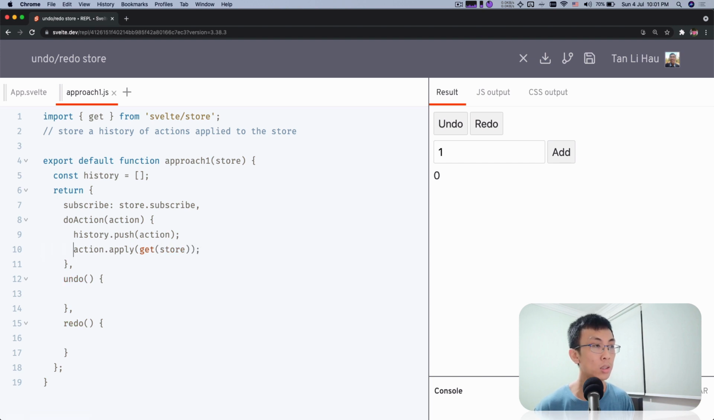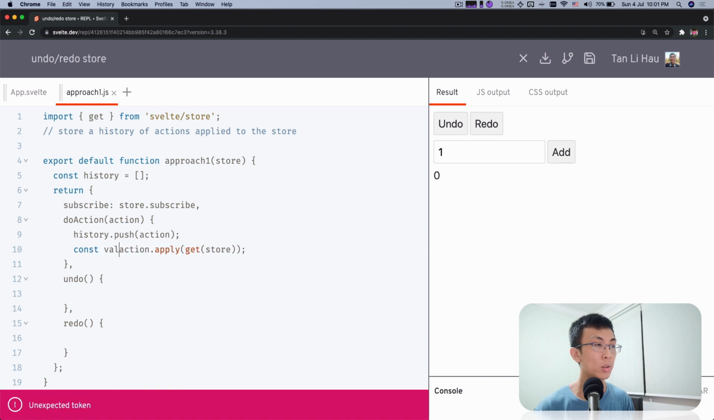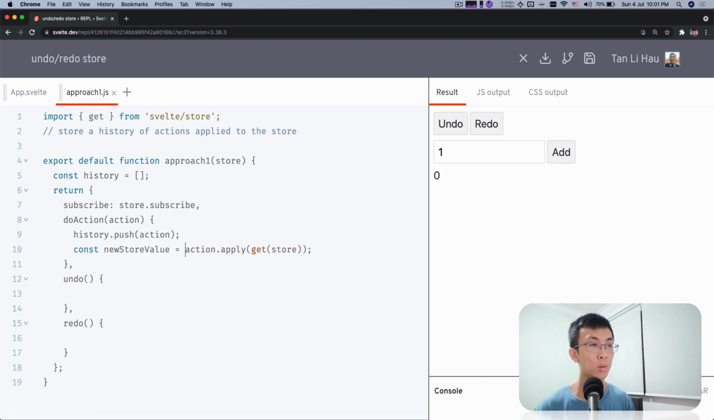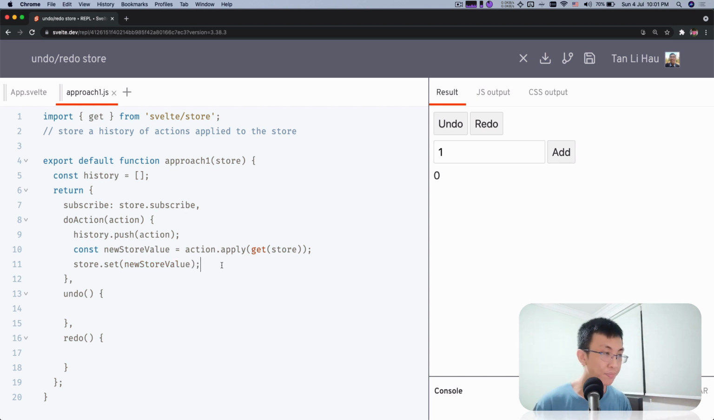Right? And then this will return a new store value. And this new store value, we're going to set it back to the store, right? Store.set(newStoreValue). Because this is a lot of lines of code and maybe slightly unoptimized, because every time you use get, what it does under the hood is subscribe to the store, grab the value, and then unsubscribe from the store, right? So we can work around it, or we can have a much more concise way of expressing this,